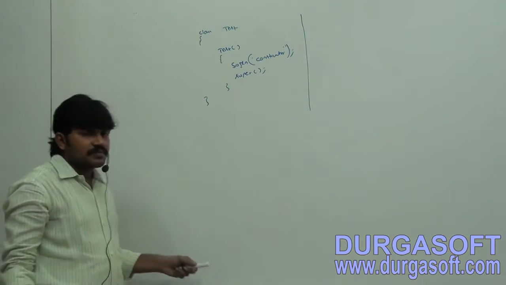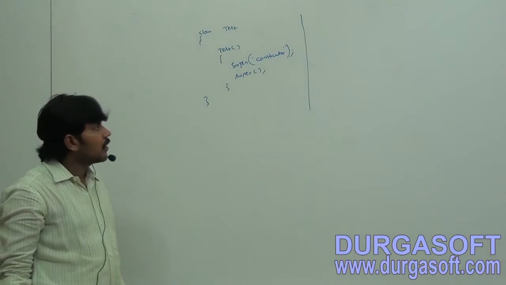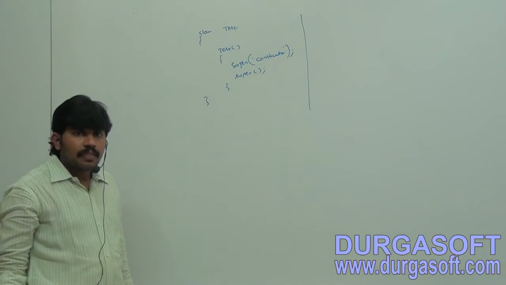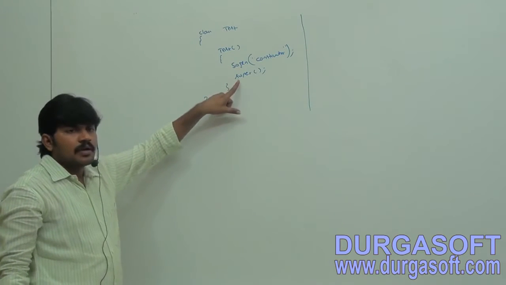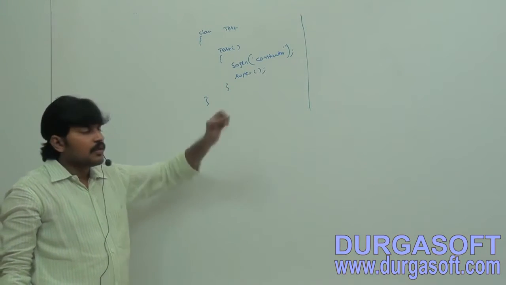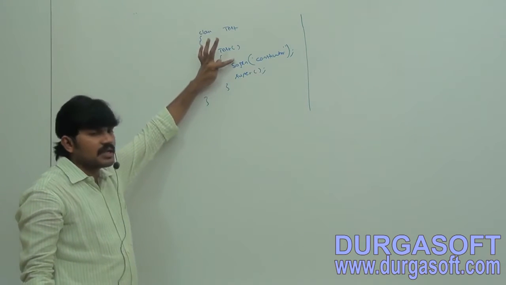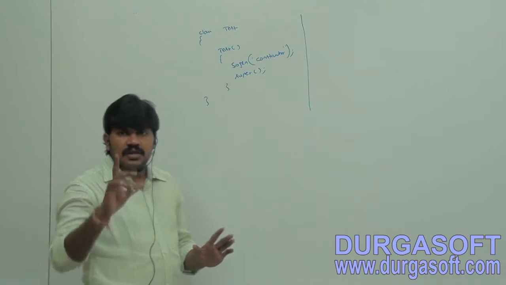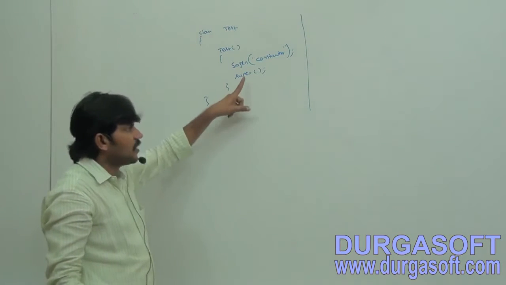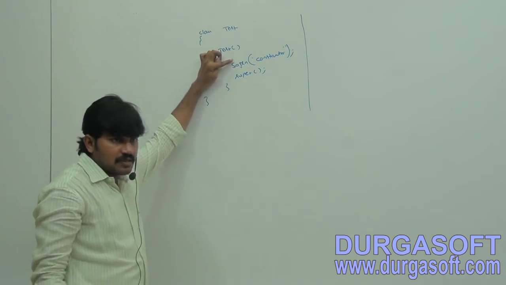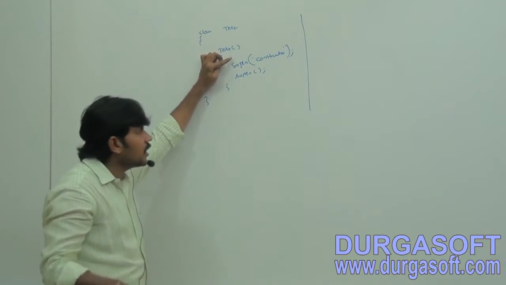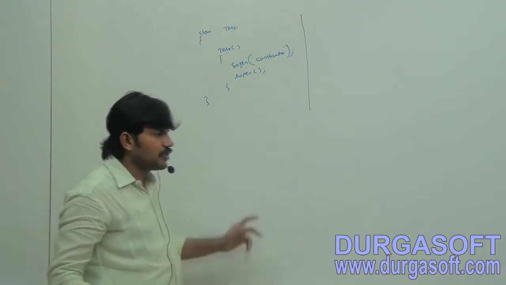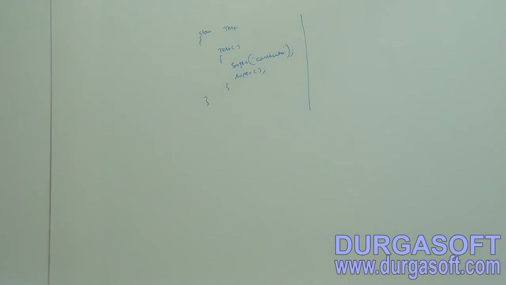Is it valid or invalid? Why? Make sure call to super must be first statement in constructor. Within the constructor we can take super or this only in the first line. By mistake, if you take it at any other line, we will get a compile time error. Okay, let me show this one. Here, observe this one.